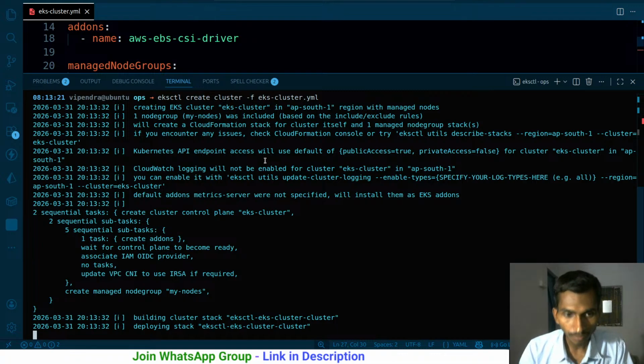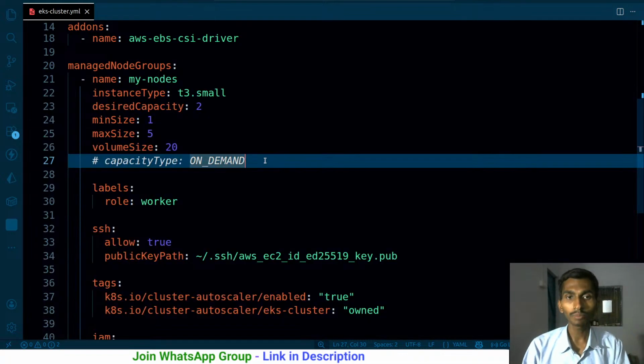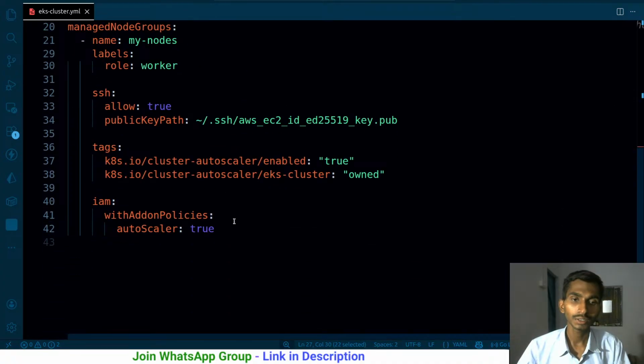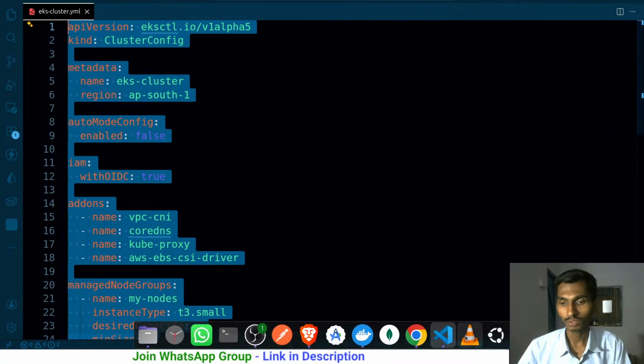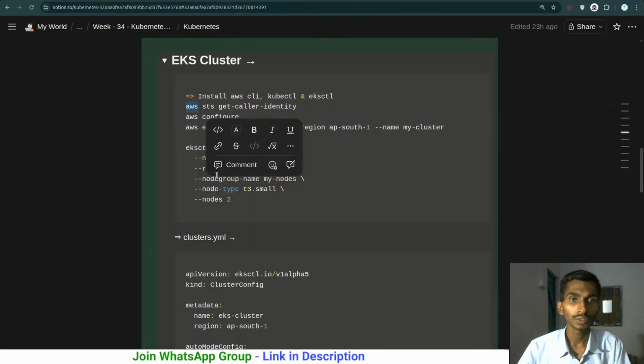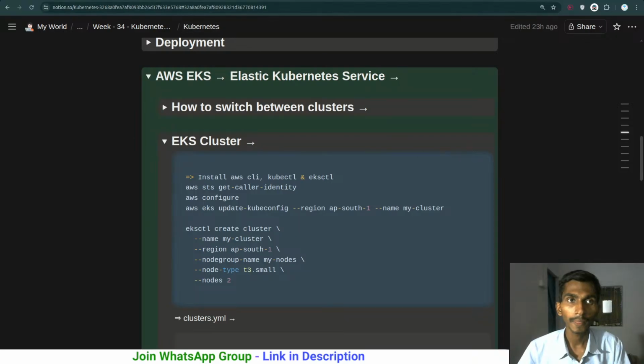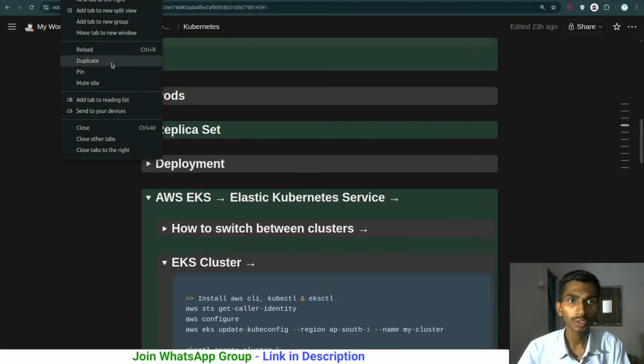For some reason it is unable to find this field, or it is just unable to recognize it. But never mind, this much configuration is enough for right now. I don't know, for some reason it is just unable to recognize that. So let me duplicate it,